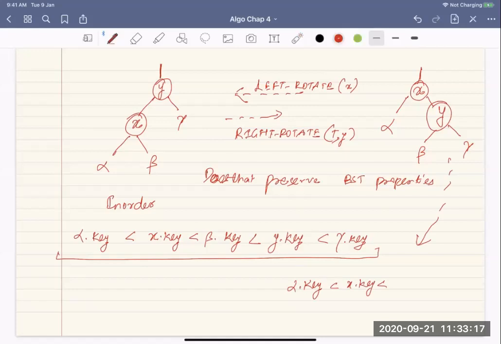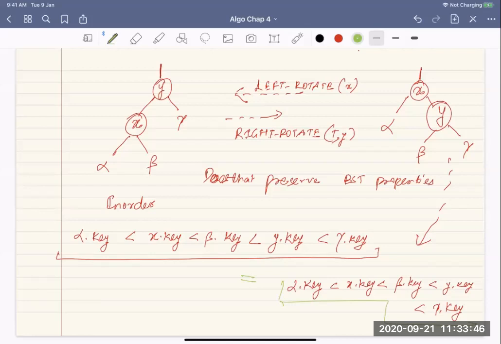So that is beta dot key less than y dot key less than gamma dot key. And you see that these two are the same. So that means it is preserving the BST property. It is retaining the order in which the subtree is stored. So that seems fine.